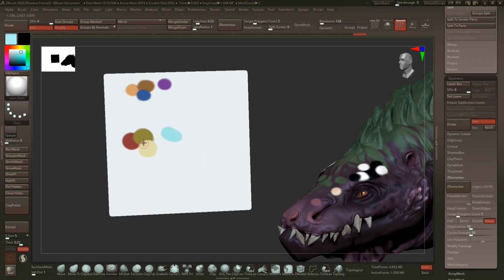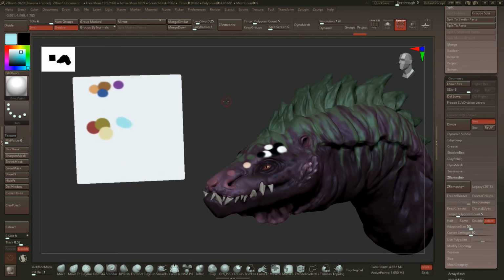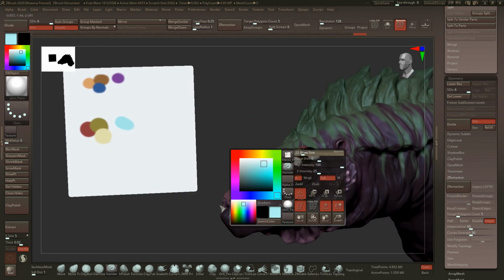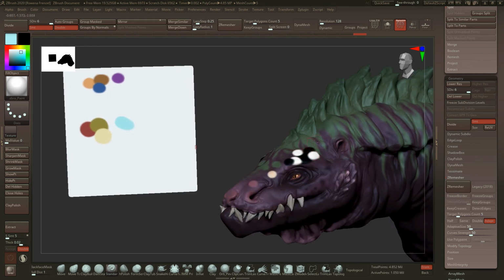You can paint as many colors as you want here, so you have some variations. So now when you want to paint on your creature, you can easily just paint here,